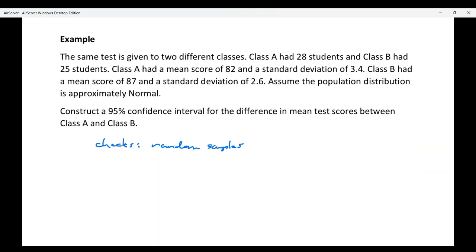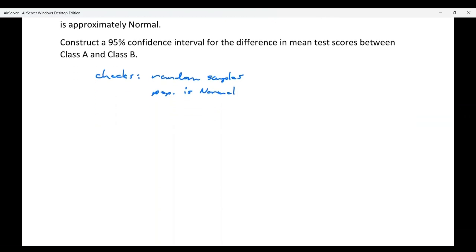However, they tell us that the population is normal. So that's the other way we can satisfy that second condition. The fact that the population is normal or approximately normal is enough for us to know or to assume that our samples, even though they're a little smaller, are also going to be normal. All right, so with that checked, we can go ahead and set up our